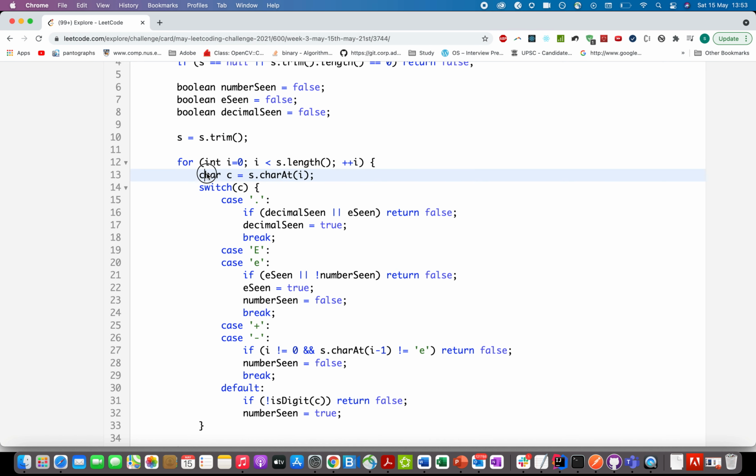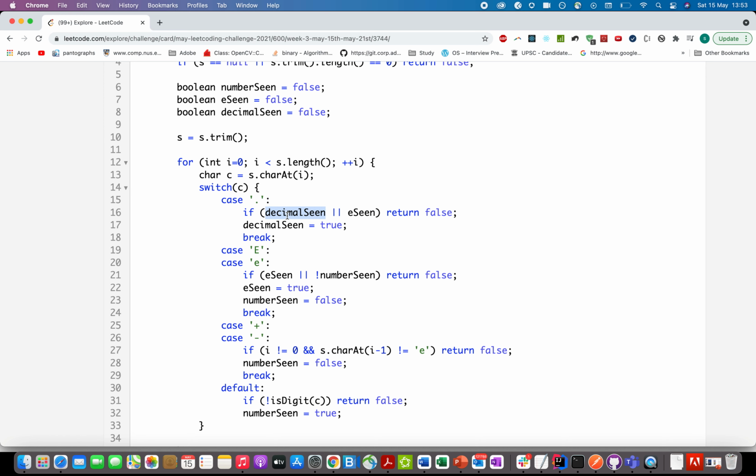So I extracted each character at the ith index, and the heart of the problem lies in writing this switch case well. So let's talk about various cases here. The first one, case 1, signifies a decimal point.